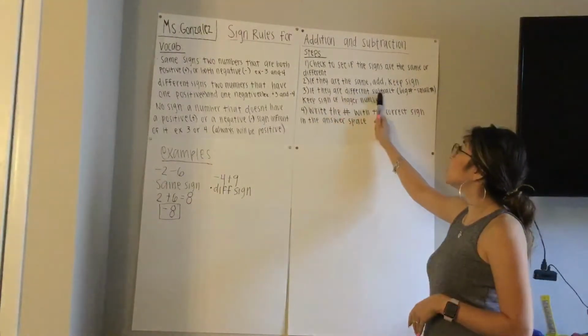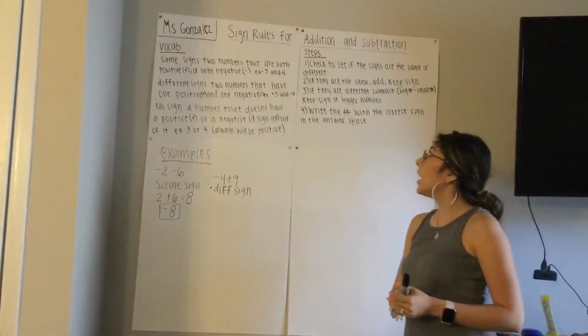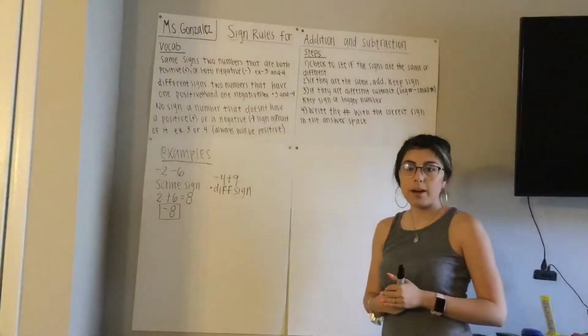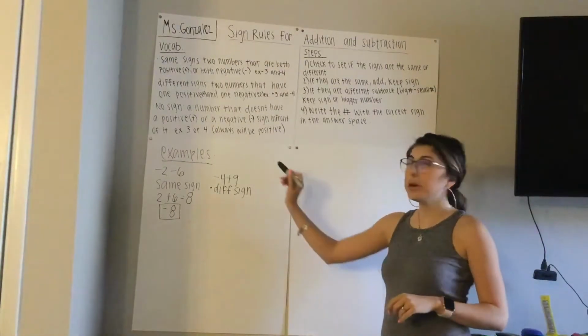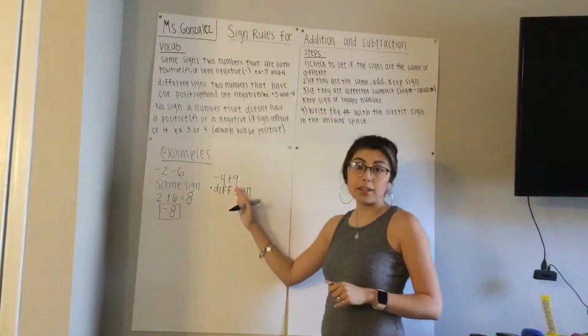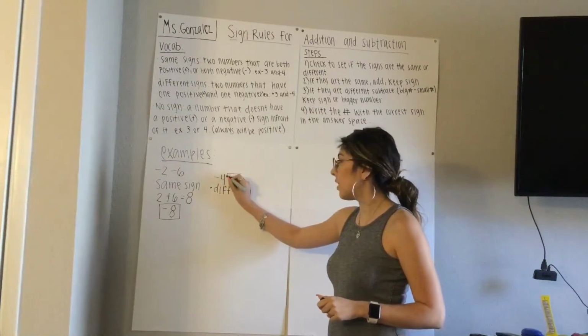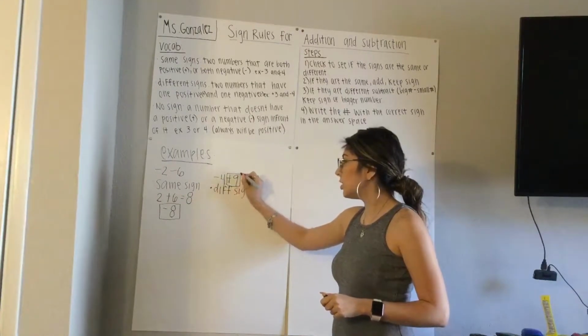If they are different, subtract. Big number minus a small number, and we're going to keep the sign of the bigger number, right? Go ahead and put a box around that bigger number and its sign. In this case, our 9 is going to be bigger than our 4. We have a positive 9, so let's go ahead and put a box around that, just so we can remember